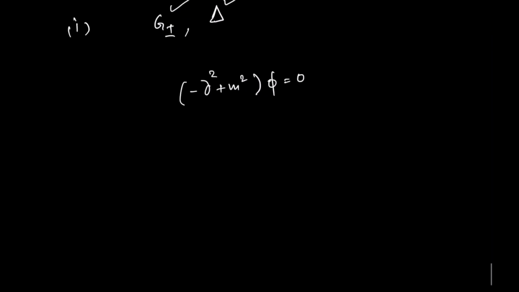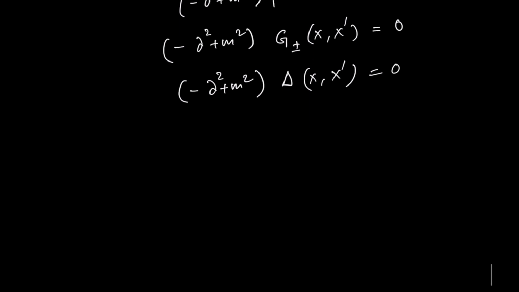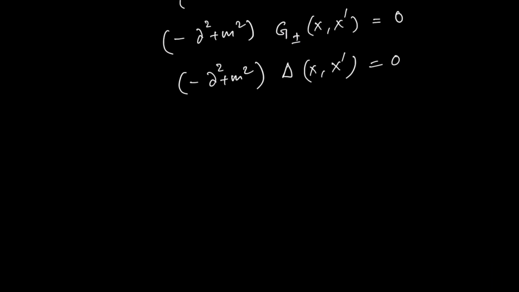So similarly I can write del square plus m square, G plus minus of x, x prime is equal to 0, and del square plus m square, delta of x, x prime is equal to 0. So both G plus minus and delta obey the classical equations for phi,